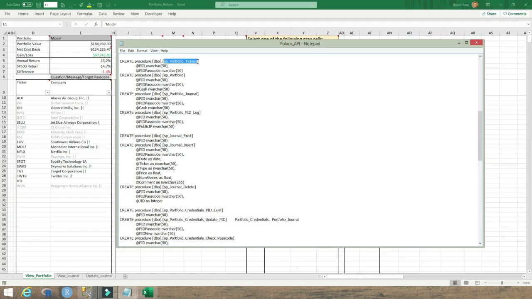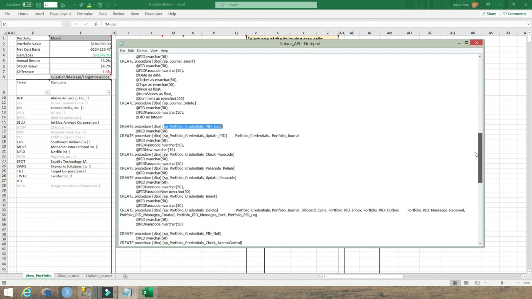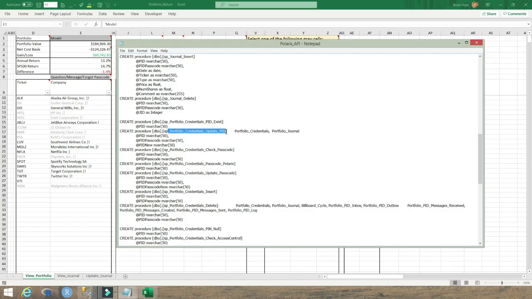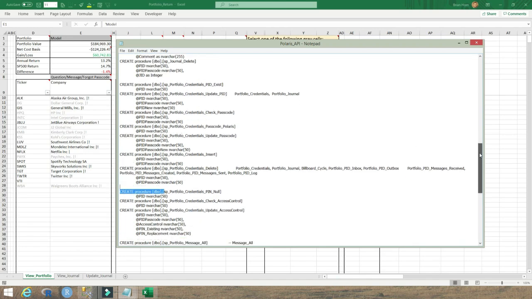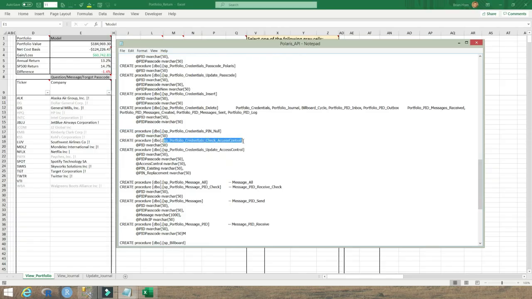You call a stored procedure to get tickers you're interested in, to get portfolio information, journal information, see if a particular journal entry exists, insert a journal entry, delete a journal entry, things to deal with credentials, see if the PID even exists, update information about a PID, checking the passcode, checking to see if it's got the generic Polaris passcode, updating a passcode, inserting new credentials, deleting old existing credentials, seeing if the pin is null, some things in dealing with access control,